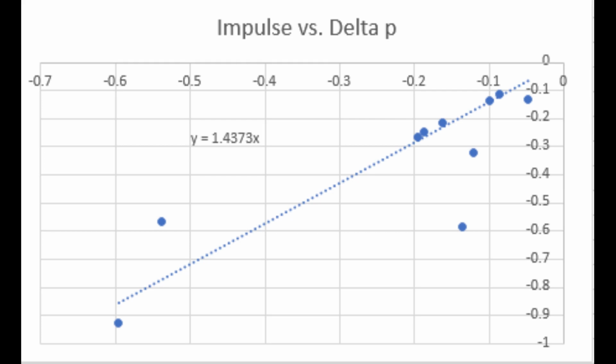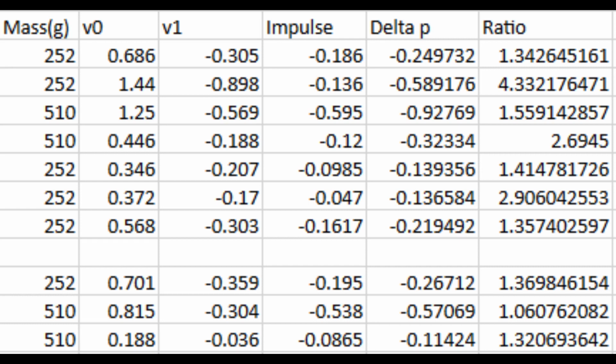Except for one notable outlier, all of our data points seem to follow our trend line, meaning that if our force probe functioned properly, we would likely have a low percent error. This is our data table containing all data we measured for the impulse momentum theorem lab. If you would like to study it, please pause the video.